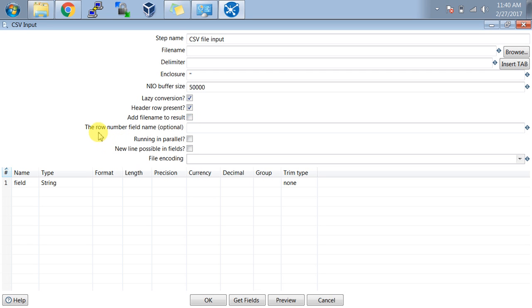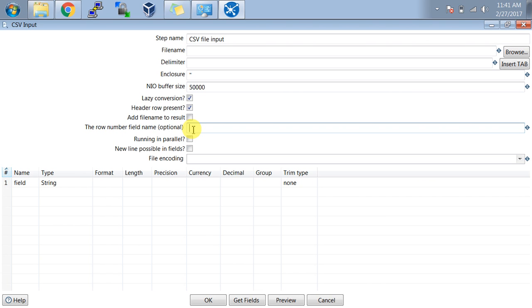And the row number field name option: if you want to explicitly add a new field which gives you an additional column containing the row number of each input row.